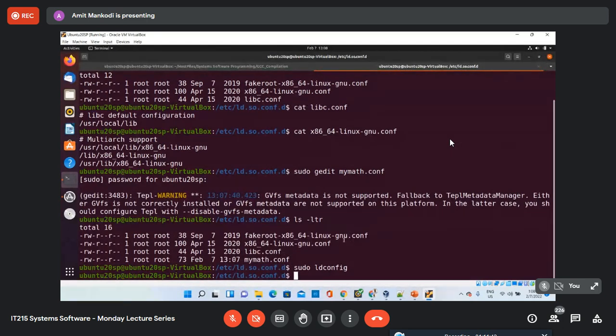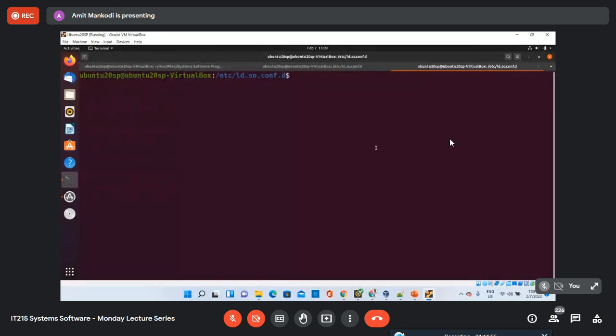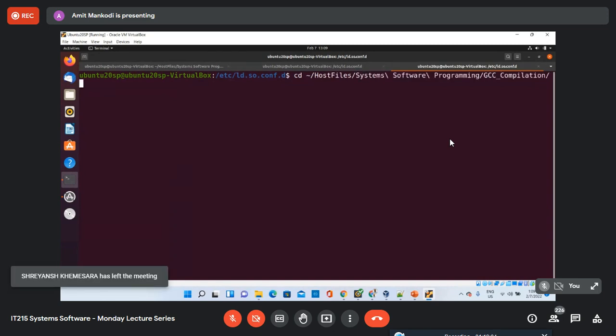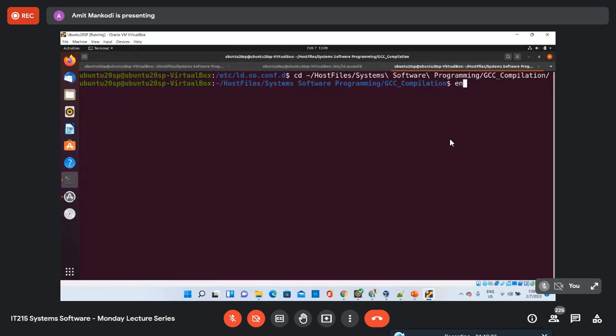Okay, so once we do this, when you go to a new terminal window, let me create one more here, and go to our directory, host files, system UCC, and here if I look for that LD environment config variable, it will not be there, right?